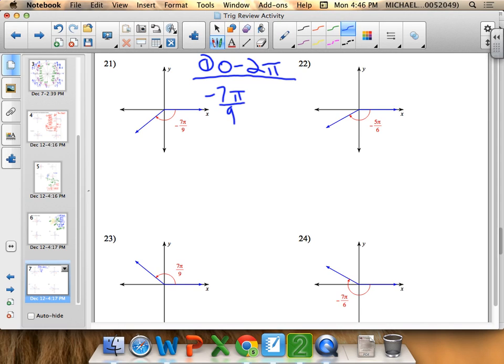So the first step of this, negative 7 pi over 9. I need to get it between 0 and 2. I know it's not yet because it's below 0. And again, I'm not going to work with pi until the very end. So I'm just going to do negative 7 over 9. And I have to add a revolution. In radians, a revolution is 0 to 2 pi. So I have to add 2 because I'm not working with the pi yet. Negative 7/9 plus 2